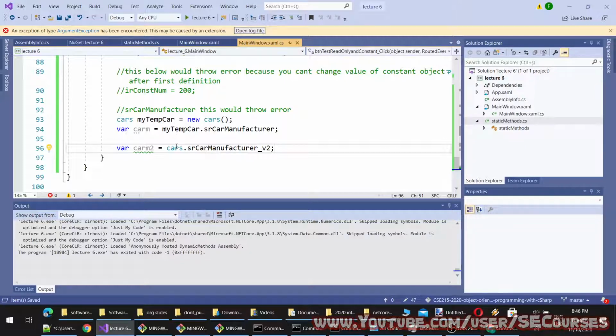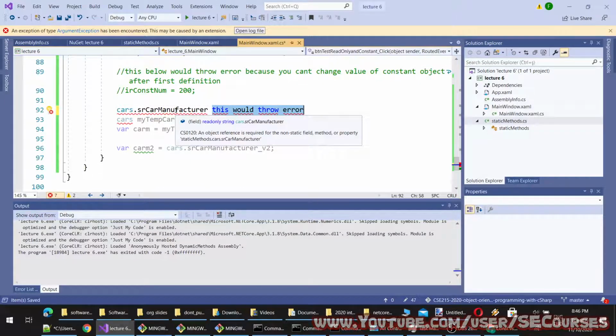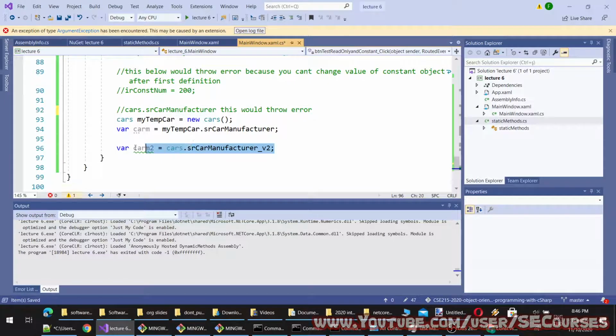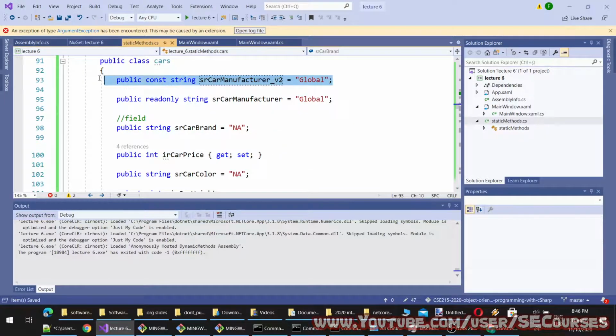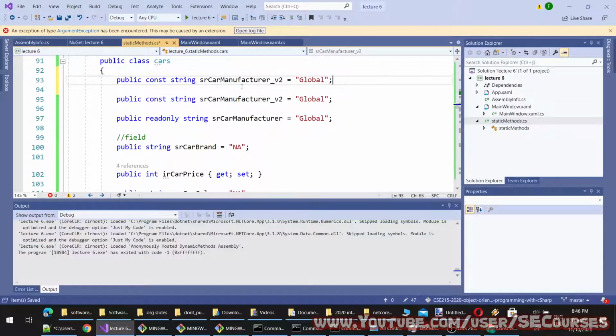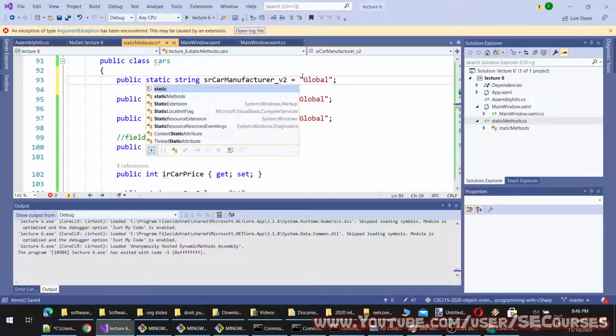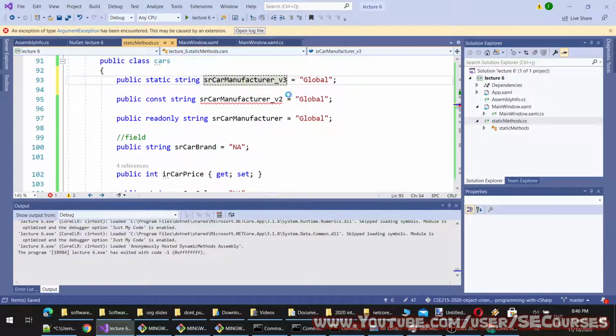However, this would give an error. Let's try. You see, it says an object reference is required for the non-static field, method or property. This below one works because it is by default static, and this would also work. Let me show what I mean.